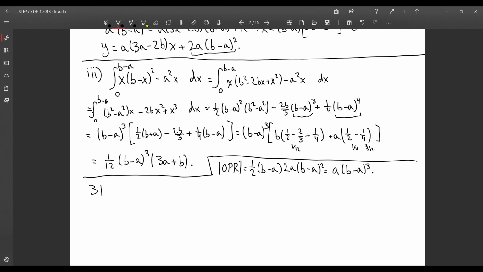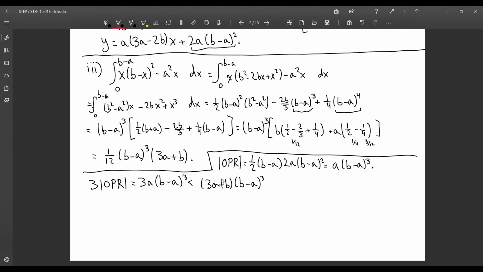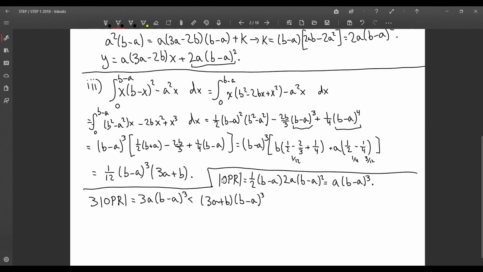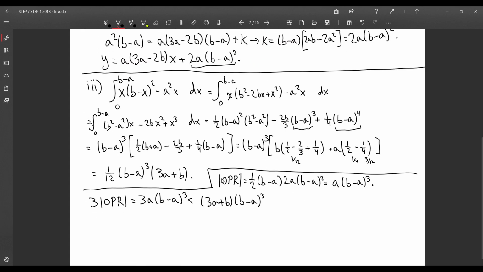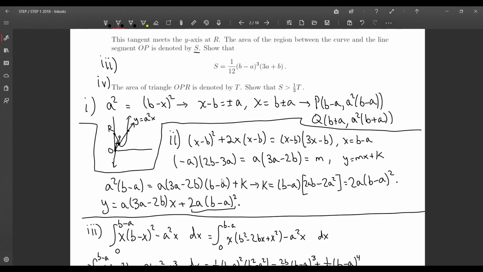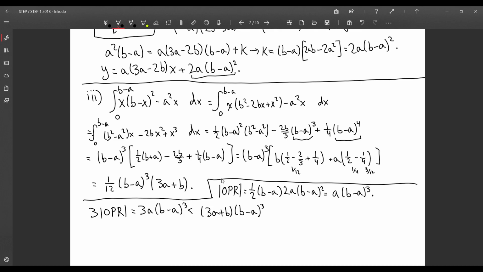Then 3 times that equals 3a times b minus a cubed, which is going to be less than 3a plus b times b minus a cubed. Let's see, wait. No. Okay, so what I want to do is